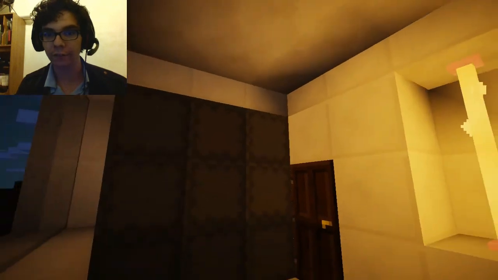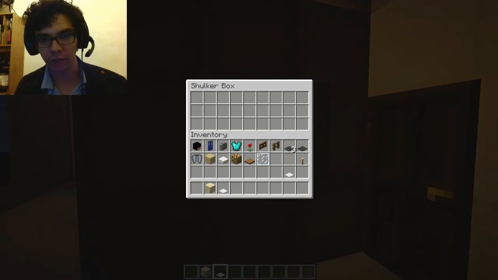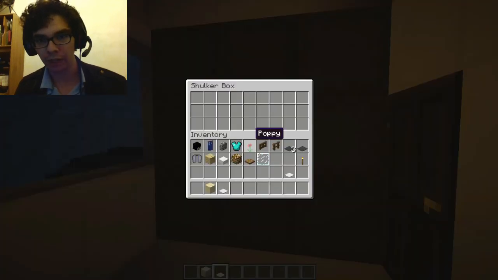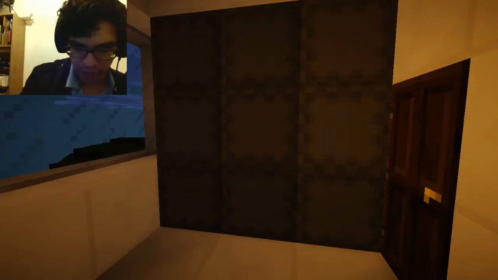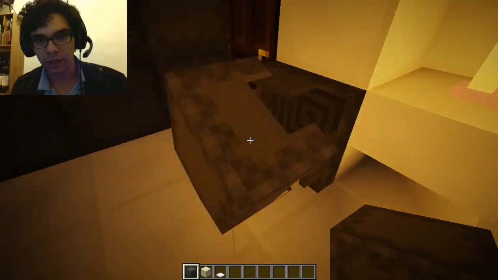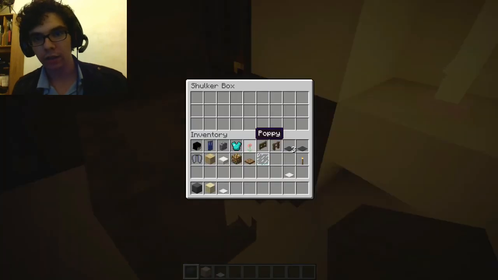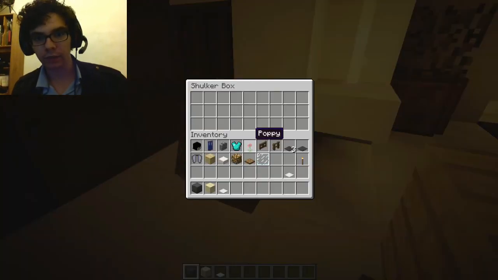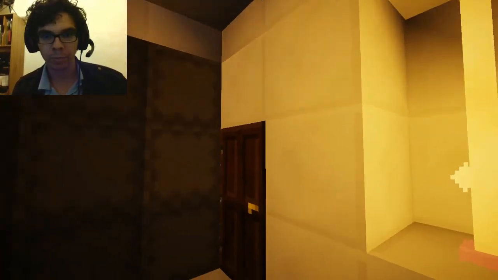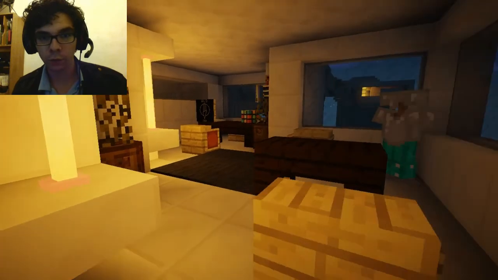So here, one thing I found in the 1.11 version of Minecraft is that shulker boxes, which is what these are, give a really good locker feel to them. Let me just make this appear again. If you grab this and you put them like this, it gives a drawer feel, you know. So I thought it works really well in this type of building. I also use these in another part of the building that you will see. So yeah, this whole office